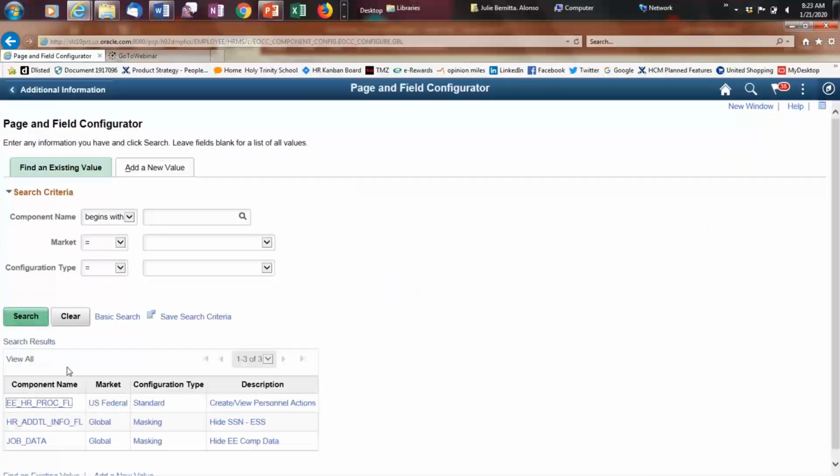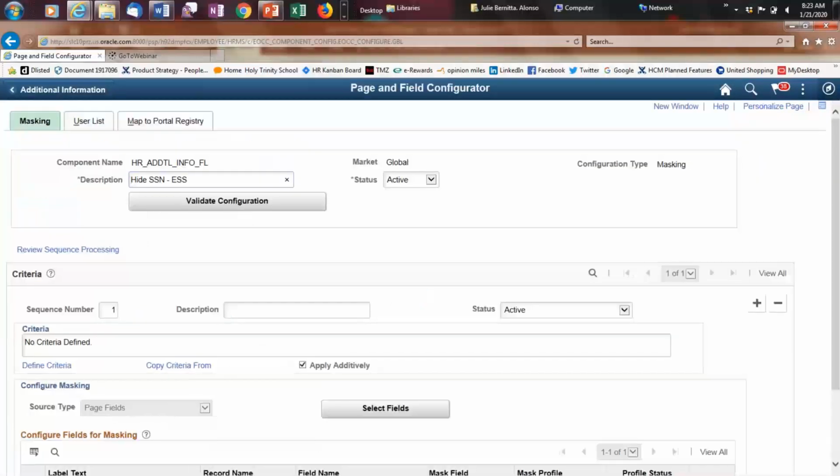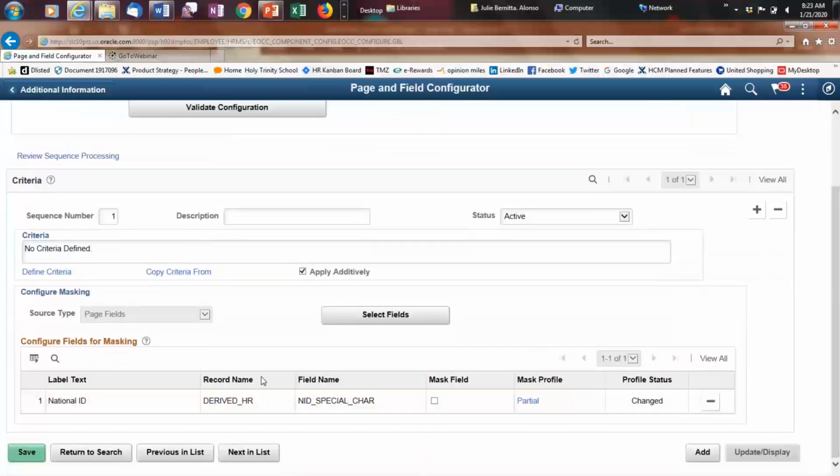the only thing I've done is I went and I know what page it was. I did what the component name was. So I've already added that. I said, I want to hide the SSN. So if I come in here, I've already added the field, but to come in here,